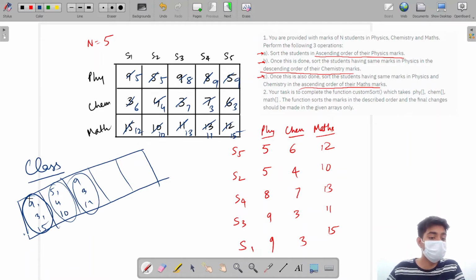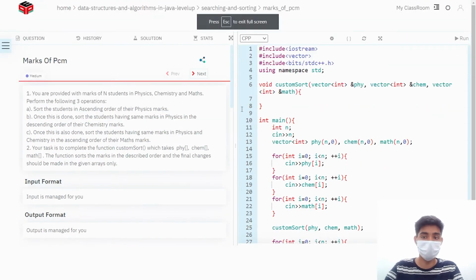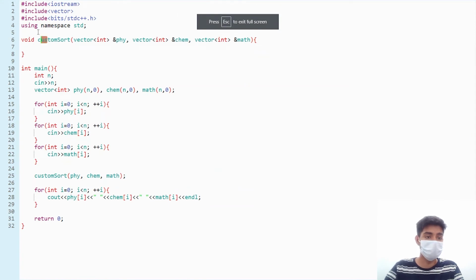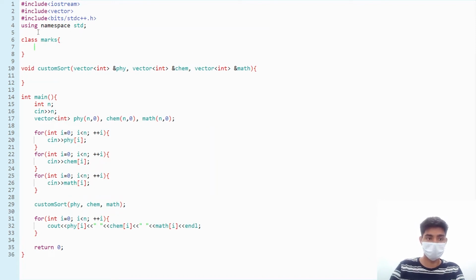We can just sort this array next, right? This is representing student 1, student 2, student 3, right? So if we sort this array, right, we would just get this. And if I get a sorted array like this, can't I just change my original array using this sorted object array, right? So let's just first make a class. Let's code this. Let's just first make a class. Okay, so class marks, right,